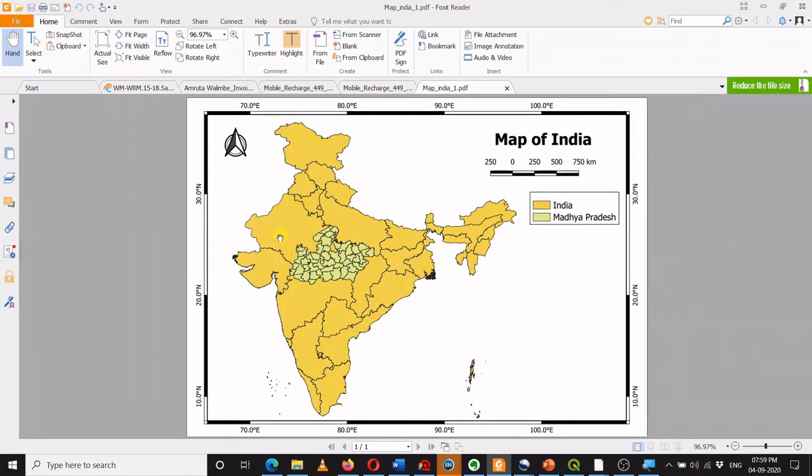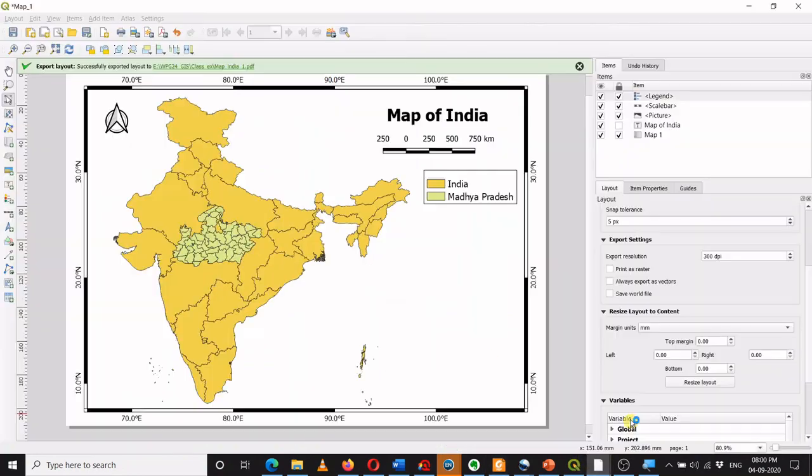So that's it. In this video we have learned a few things, including first of all how to export a map in PDF format. You can also export a map as an image. The option is over here, export as an image. We have also seen how to add a grid and grid frame.